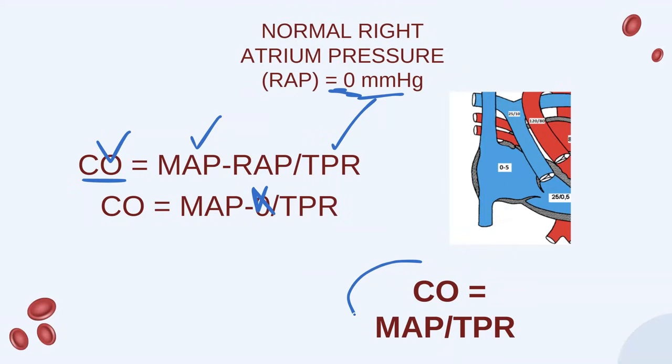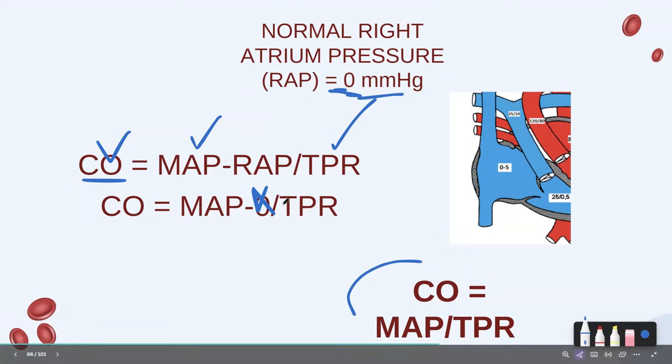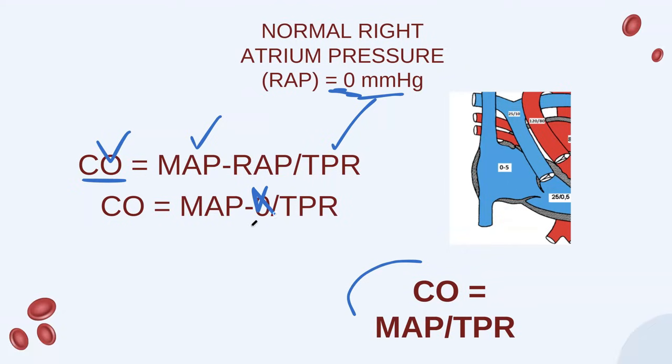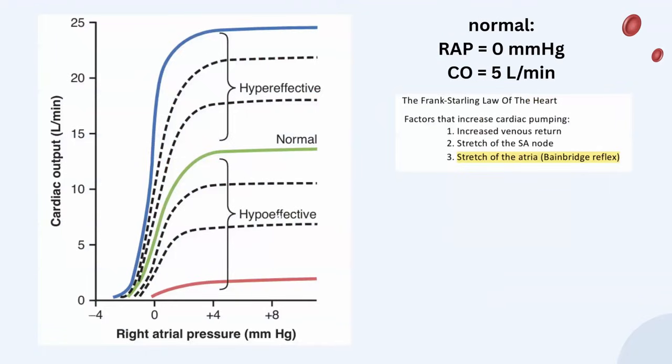But what happens if the right atrial pressure is not 0? It means we can't remove this. We can't just kick it out because it's an actual value. And that's what we'll talk about in a bit. So normally,